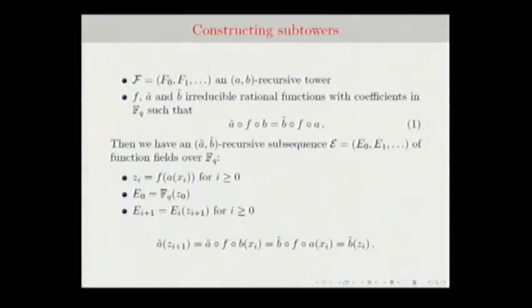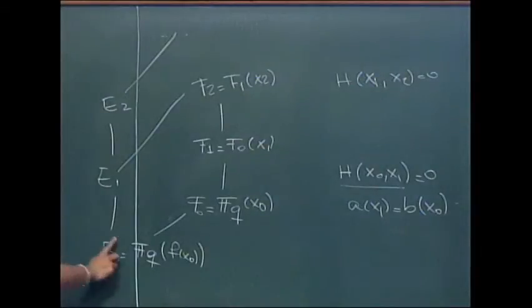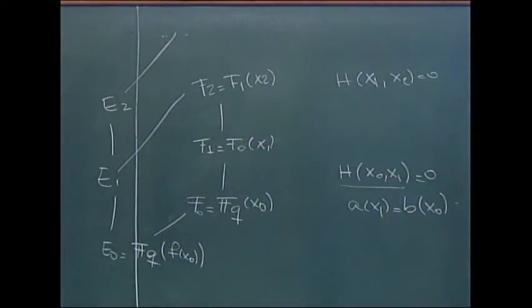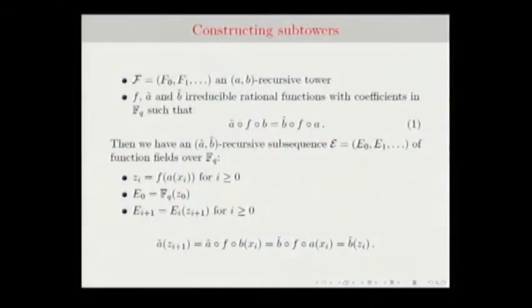And also in this case, we have that every field is contained in the one with the same index. But with this method, you don't know if E is a tower. You just know that it's a subsequence, and you have to prove now if this is or not a tower. But the first thing that we did was to prove that this was actually a proper subsequence of the original one, because we don't want to have another representation of the same fields.